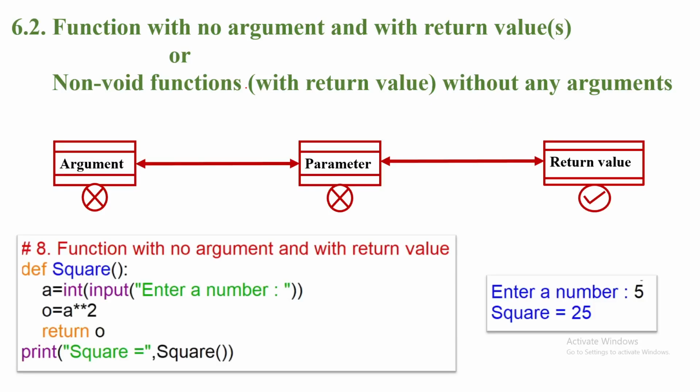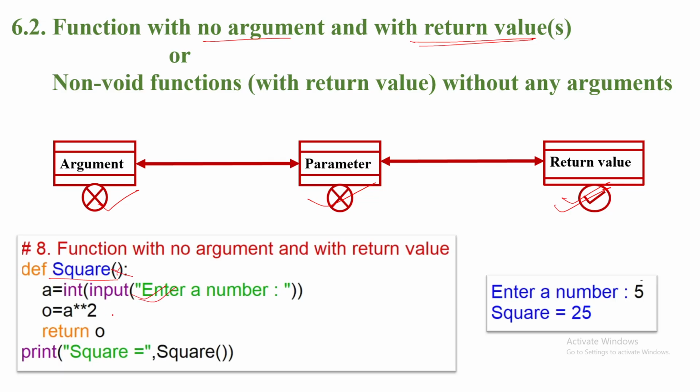Function with no argument and with return value, means returning the value. So no arguments, no parameter, but return the value. So same, we will first write the function header with no parameter, meaning not receiving any parameters, and put the input command inside of the function,